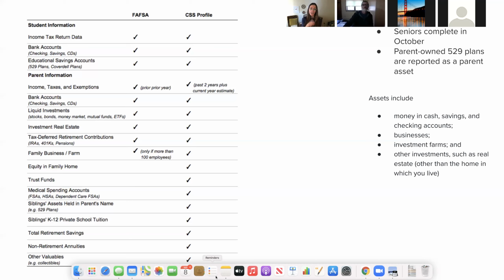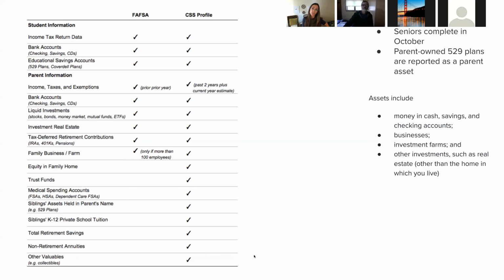This isn't a bad page to show an accountant or a financial advisor to get your ducks in a row before you fill these forms out, and again, you'll get this recording. For example, a lot of financial advisors like to talk to families before they fill out the FAFSA and the CSS to help you figure out whose name some of these things should be in, ideally to maximize your eligibility for need-based aid. They might suggest that you keep the 529 in your name, or they might recommend you put things in your student's name.